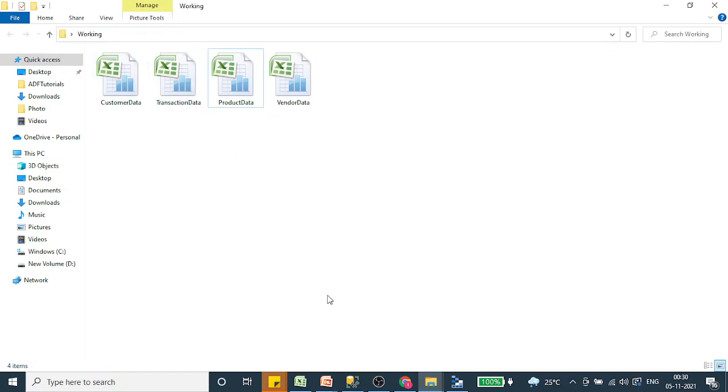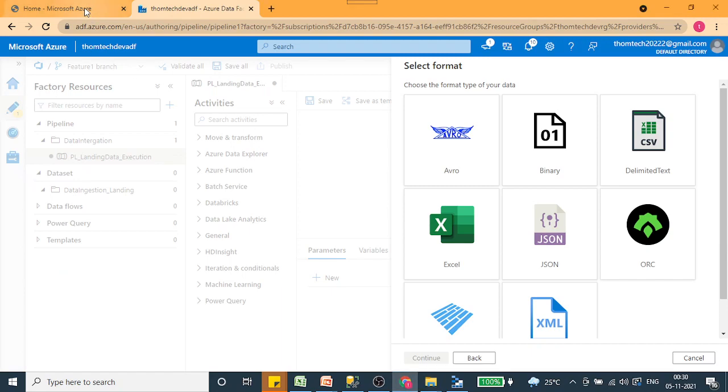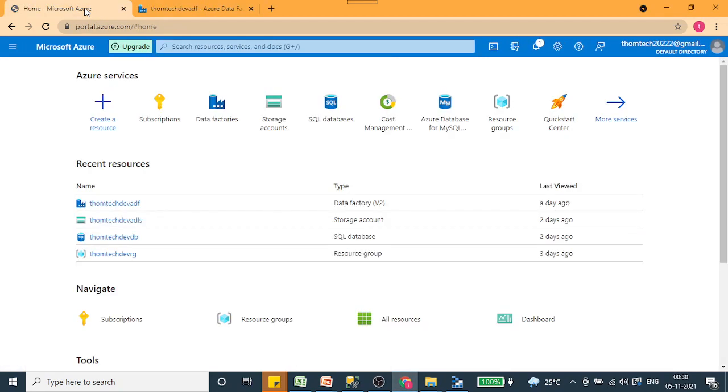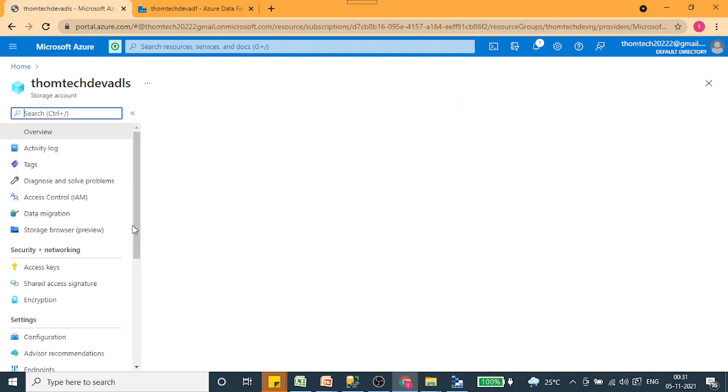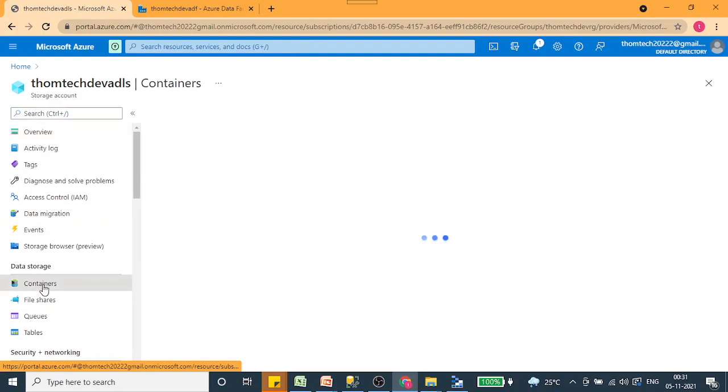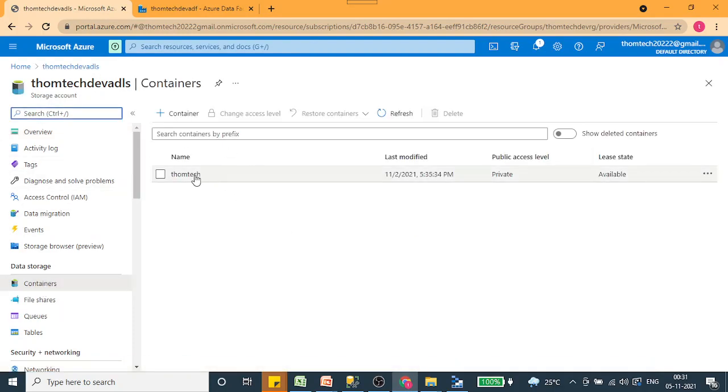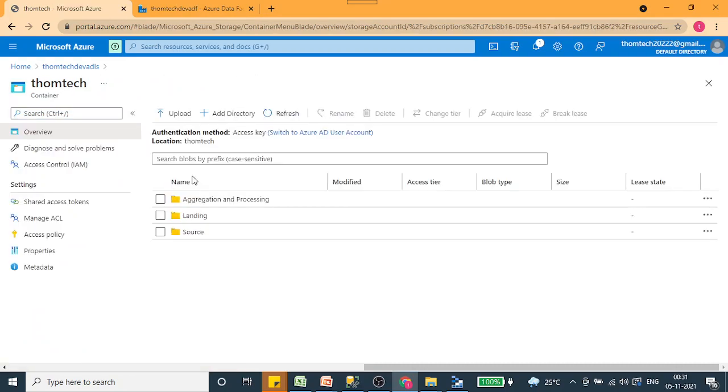First, let's get this path. Go to our Azure portal, click over here, then click on my storage account and then on containers. I already have my container created. I already showed how to create a container and how to create folder structures in my previous sessions. I can put the link below so you can find out how to create containers and lay down the folders inside. Now you can see I have created 3 folders very beautifully.